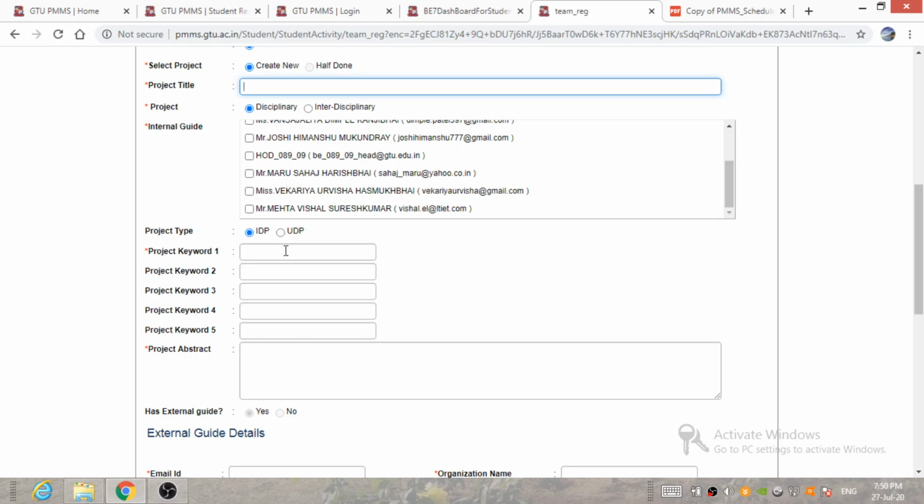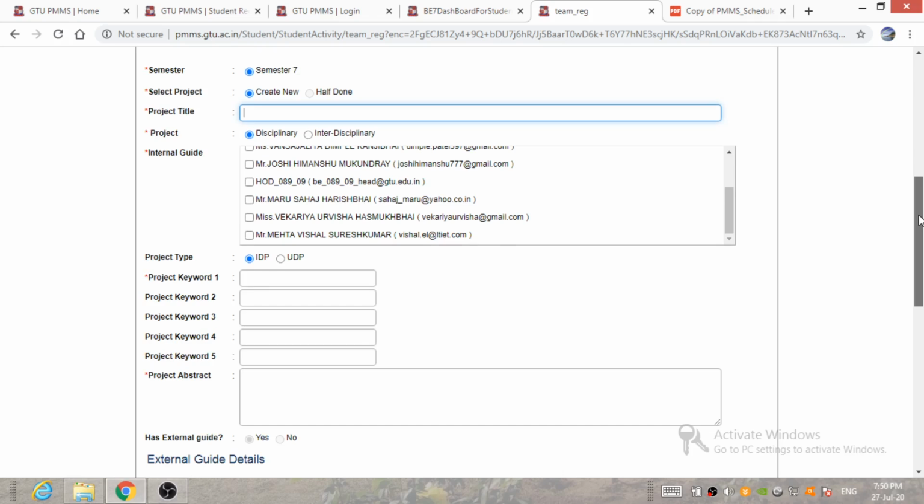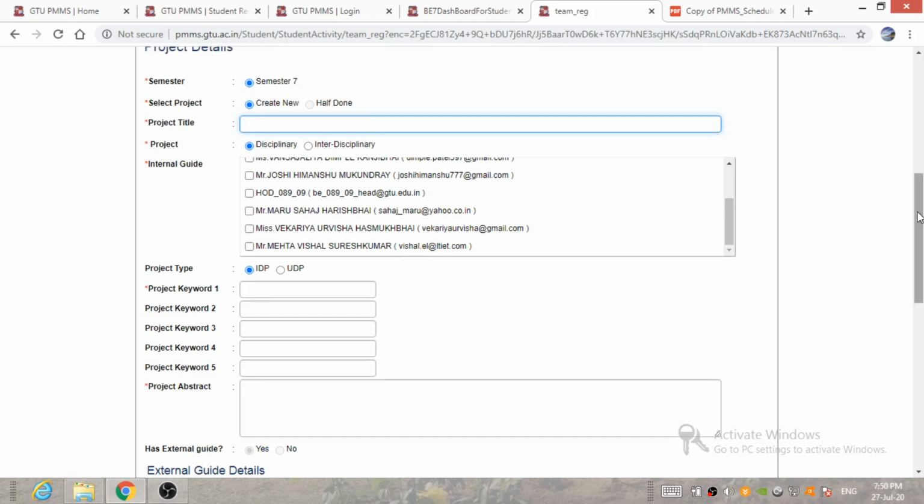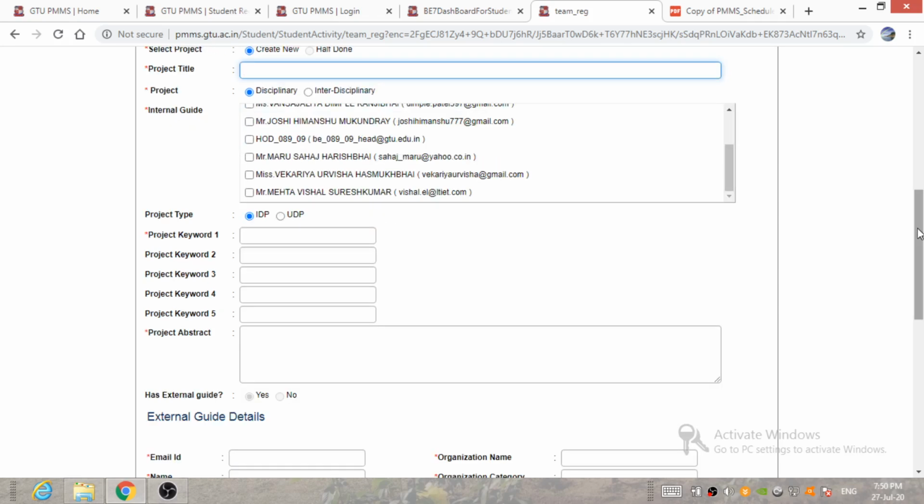After that, you have to enter your project keyword. A minimum of one keyword is required. Project keyword means the words which are the main consideration for your project. The major word that will define your project is known as the project keyword. So, you have to enter one project keyword.